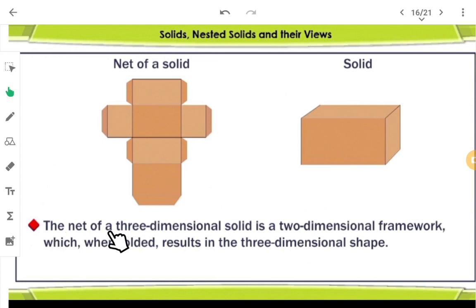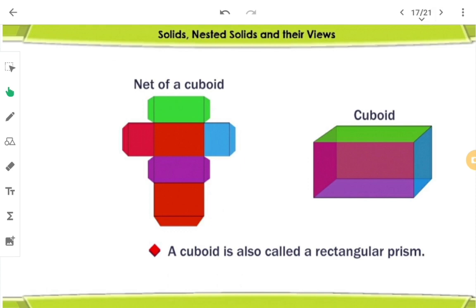The net of a three-dimensional solid is a two-dimensional framework which, when folded, results in a three-dimensional shape. That is, the net of the solid is two-dimensional only. If you fold this, you will get the three-dimensional solid shape. As I said, it's a cuboid, and this one is the net of a cuboid. Next,